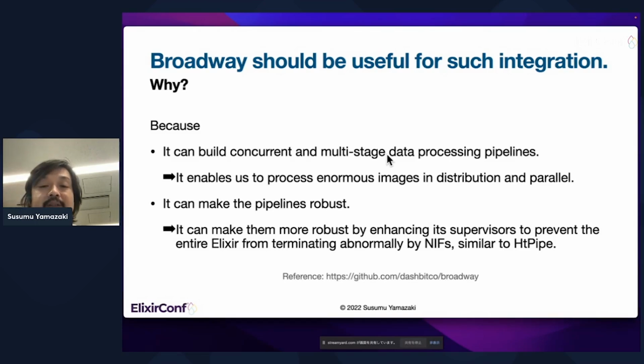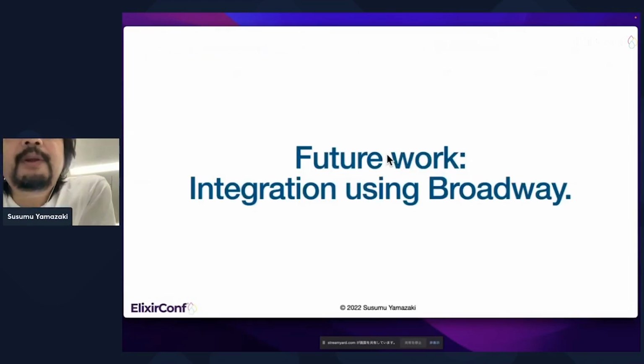It enables us to process enormous images in distribution and parallel. And it can make the pipelines robust by enhancing its supervisor to prevent the entire Elixir from terminating abnormally by NIFs, similar to HT pipe. Then future work is integration using Broadway.